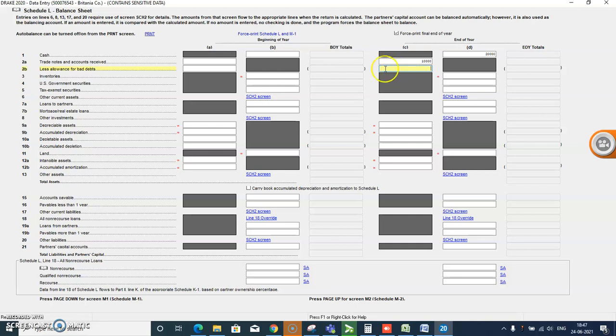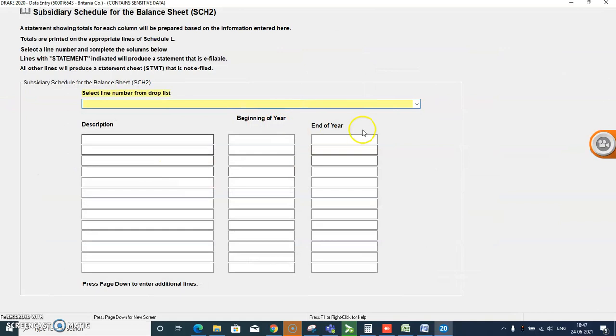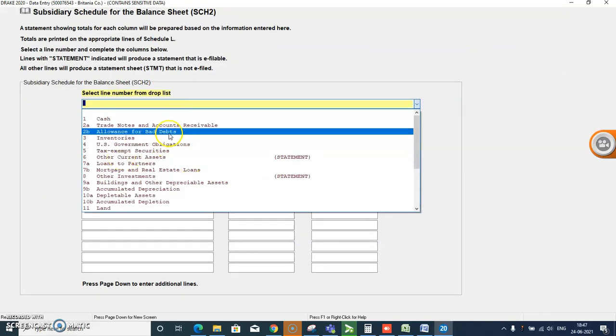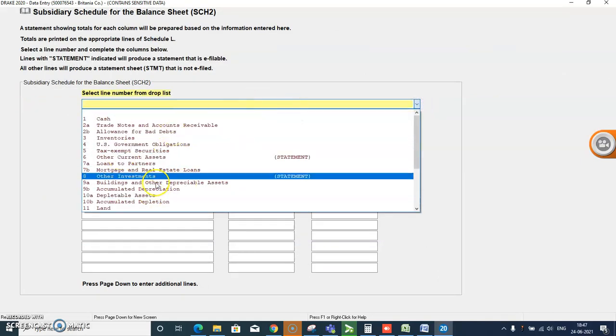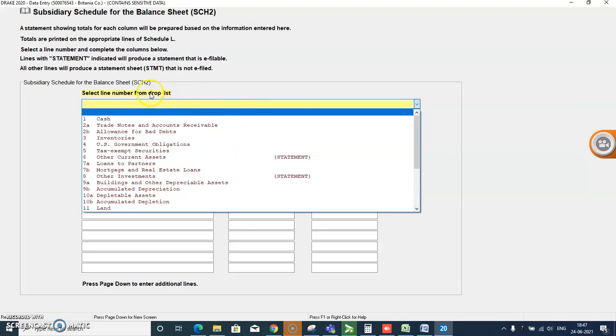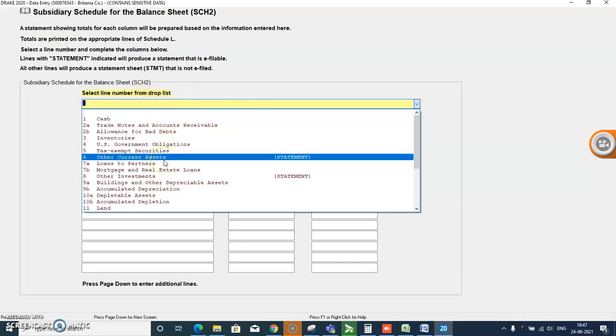And for other current assets, you have to select the line number from the drop down list.